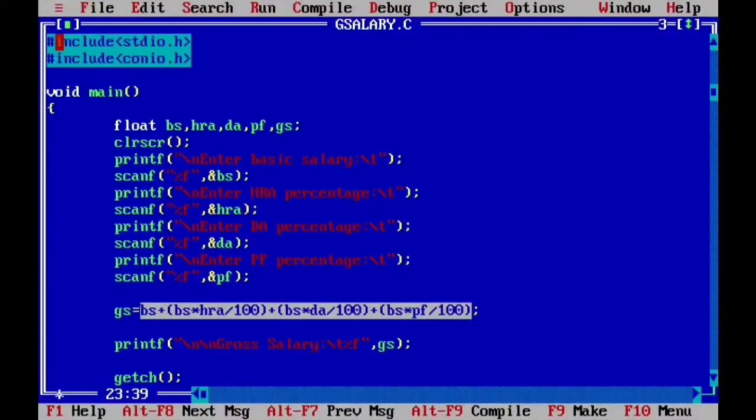Now as promised in the beginning of this video, I will explain you how can we control that, how can we reduce the number of digits after decimal as per our choice. Right, now for that what we need to do is, wherever we are displaying this floating point variable, like %f we are using, instead of %f write %.2, that means after decimal 2 digits. Let's run this program once again and see the output.